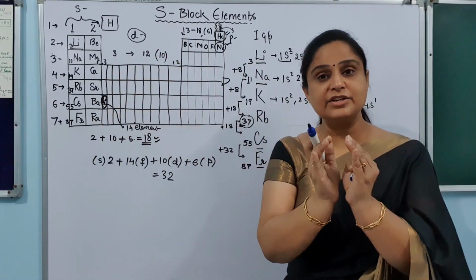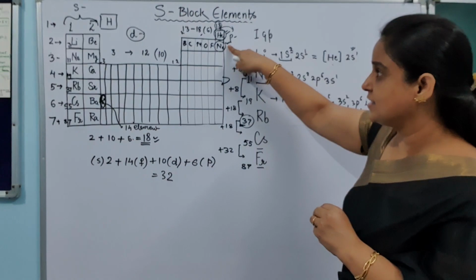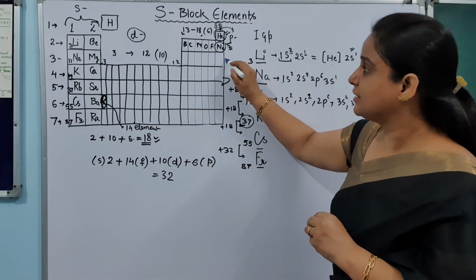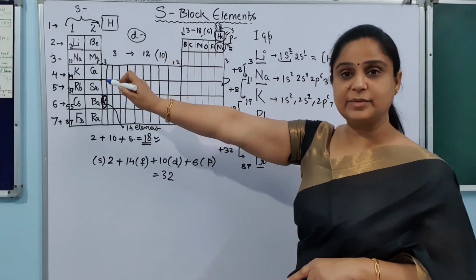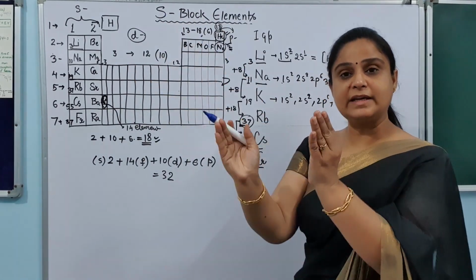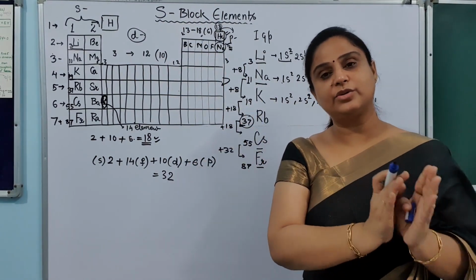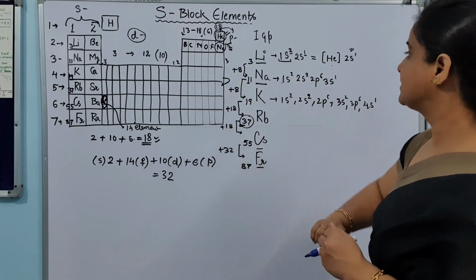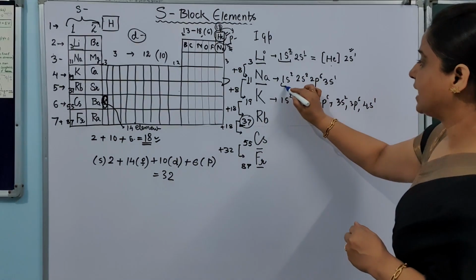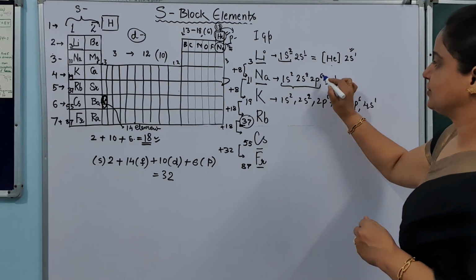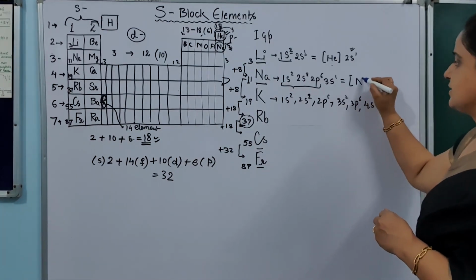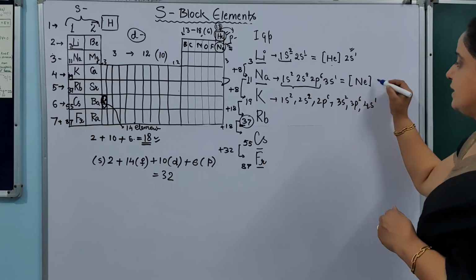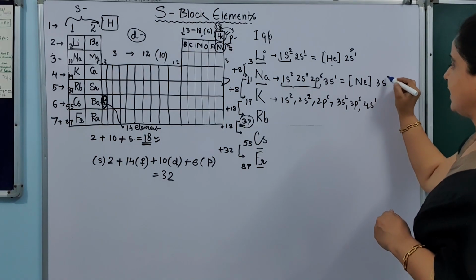So once the inner shell is completed, this is now the second shell, and this is the third shell. If the second shell is completed, then only we can reach the sodium. So, completing neon, we can write down the outermost shell electronic configuration of sodium. And what is neon? The atomic number of neon is 10, so this is 6 plus 2 plus 2. So here I can write this as the neon configuration completed, and then 3s1.